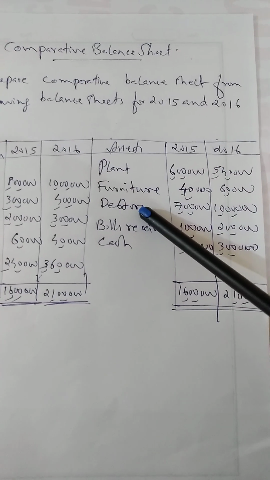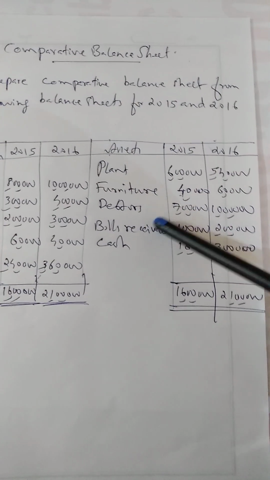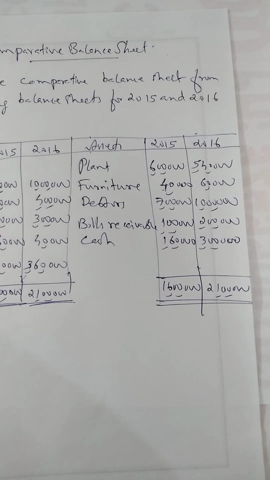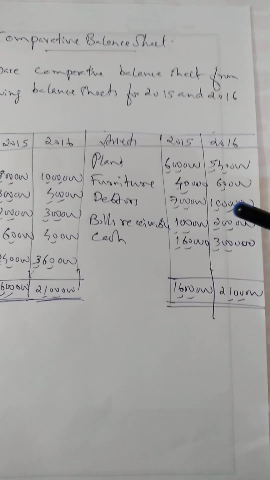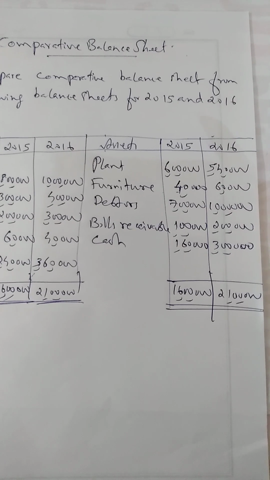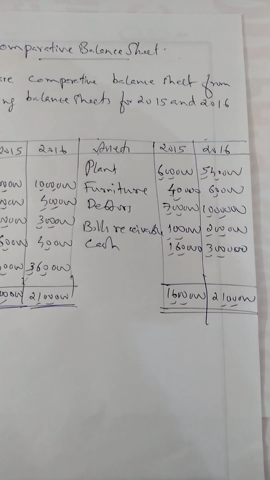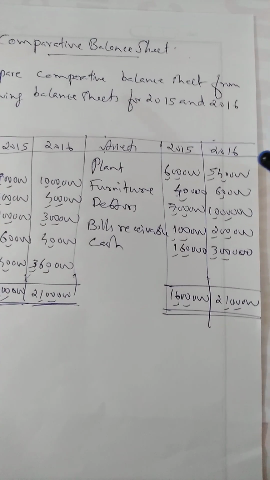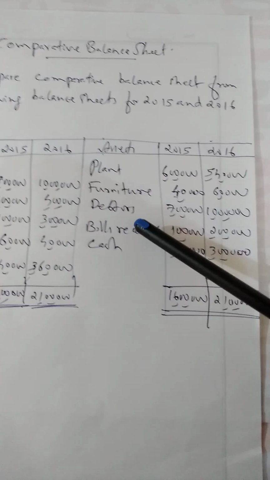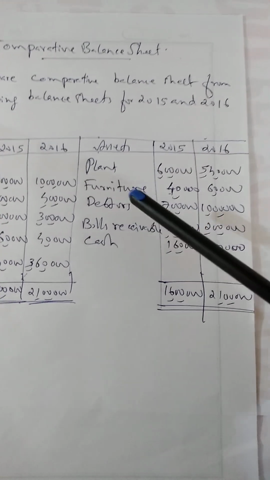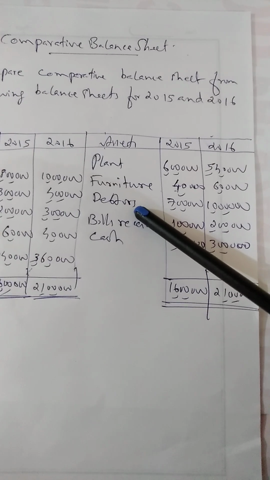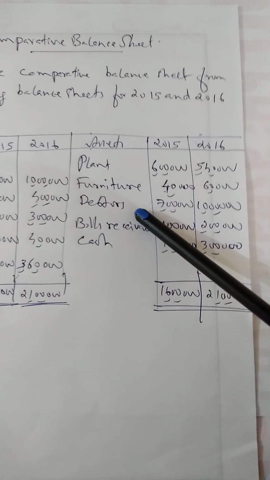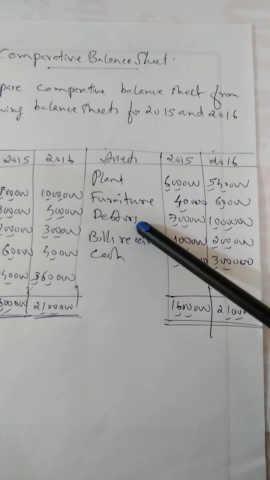But this debtors means we provided goods on credit basis. We sold goods on credit basis. And we have to collect that amount as immediately as possible. So it is not for several years. We insist for quick repayment of this amount. So debtors is an asset that we have to collect quickly.